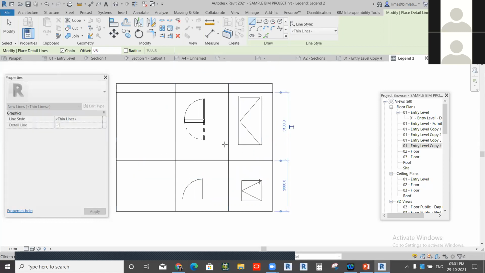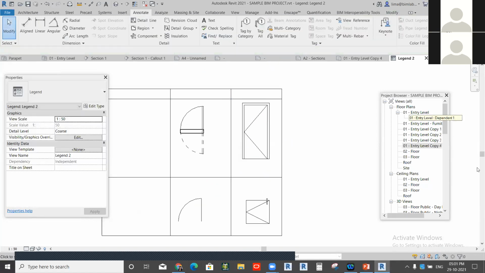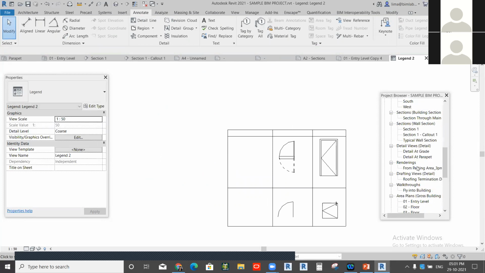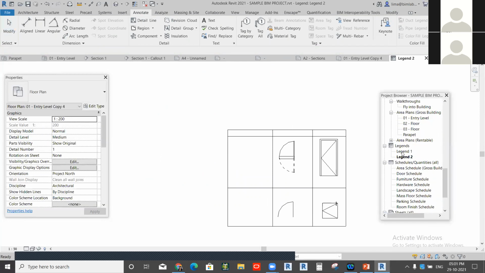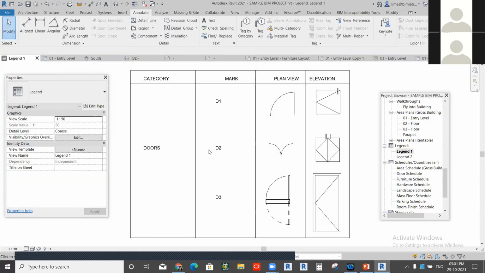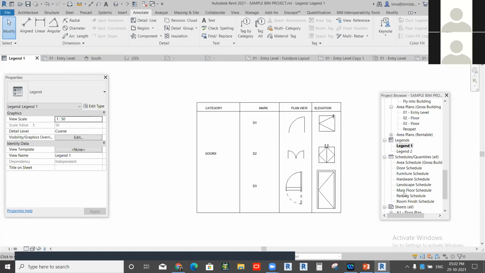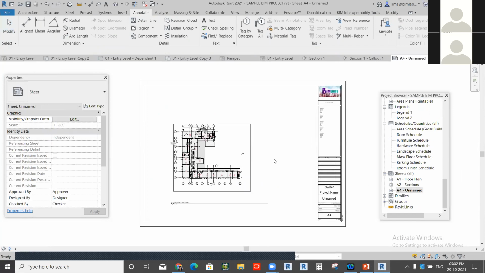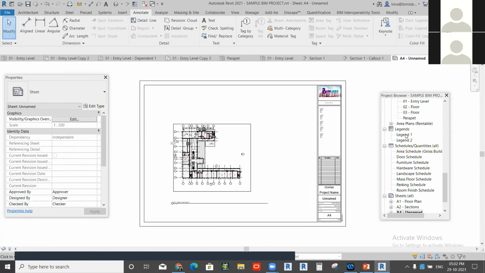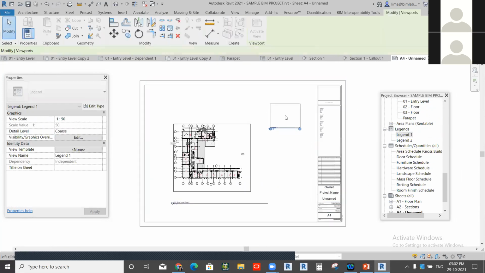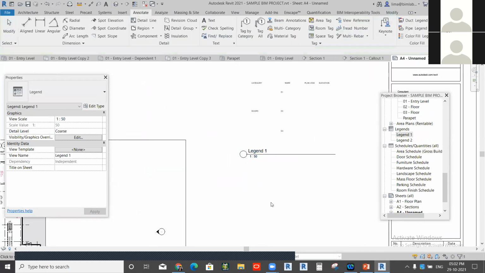And this can also be placed into your sheet. You can place that item into your sheet. So any legend view also you can add to your sheet.